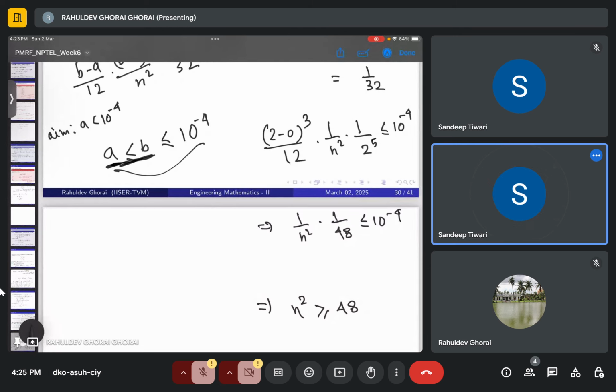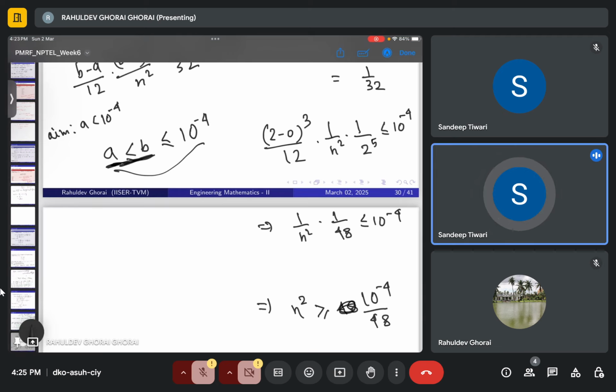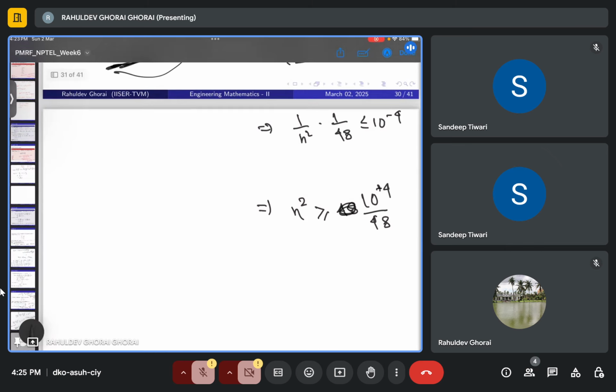So n square should be 10 to the power 4 over 48. No, no, sir, 10 to the power 4 will be 4 plus 4 plus 4, therefore not minus 4. So can you calculate this one? Can you tell me what this is? N square will then be greater than or equal to,